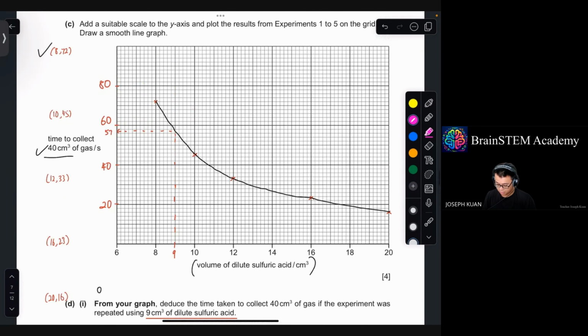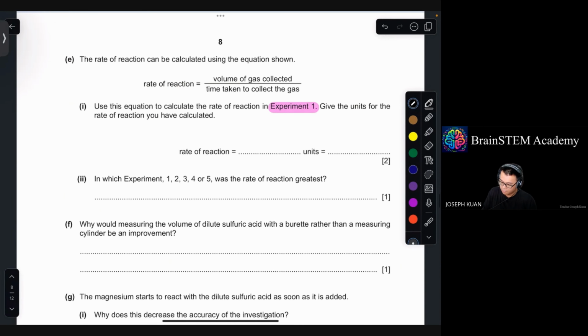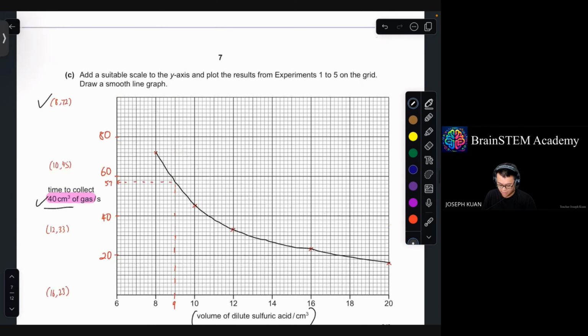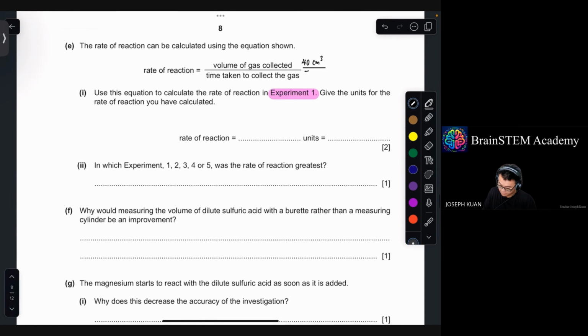It's not exactly in the graph. It's actually the experiment's own constant variable, which is we are trying to collect 40 cm³ of gas. Okay, make sure you identify the correct variables in this question. And then the time taken to collect the gas in experiment 1 is 72 seconds. So the rate of reaction